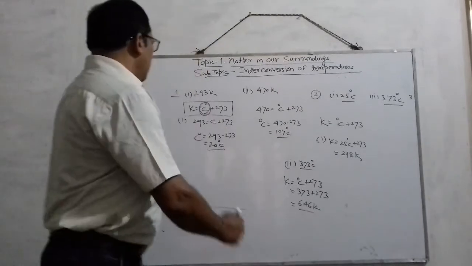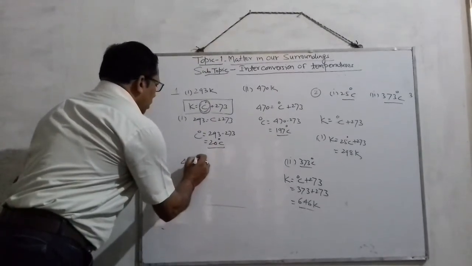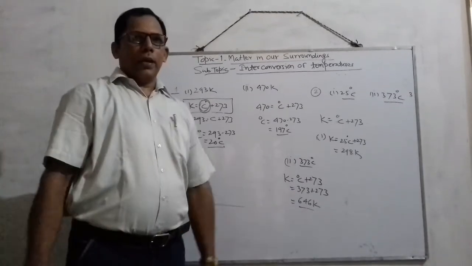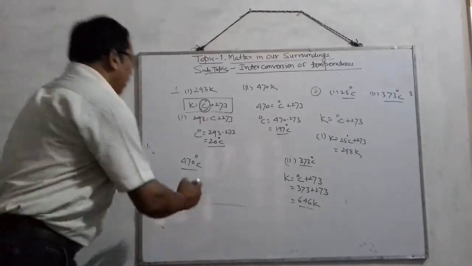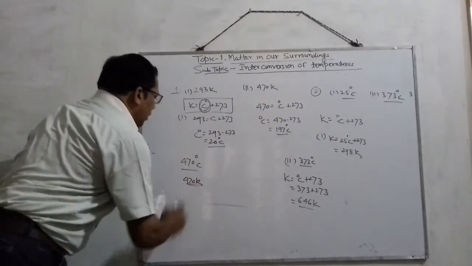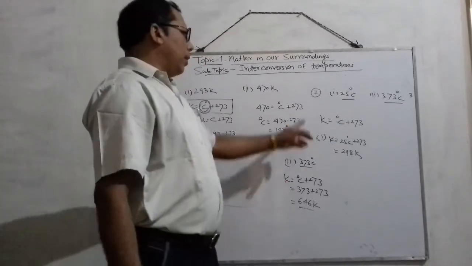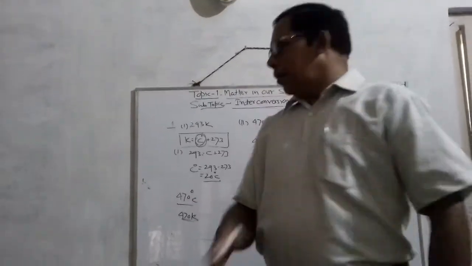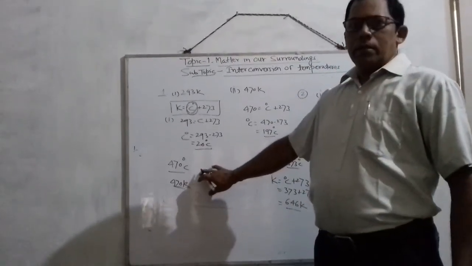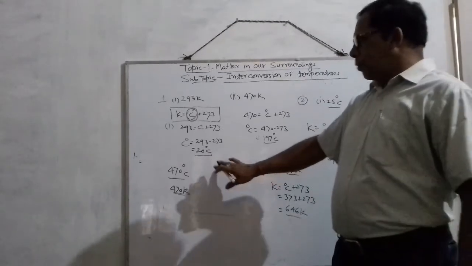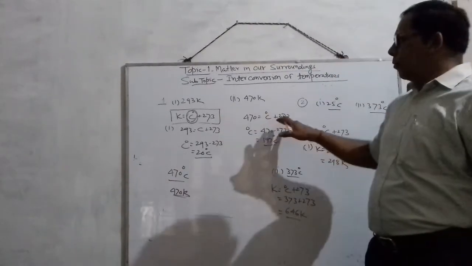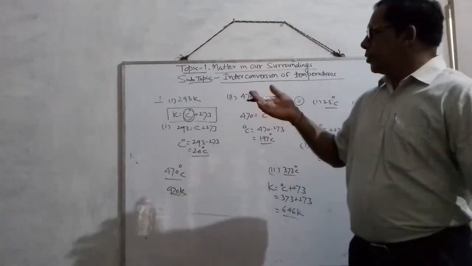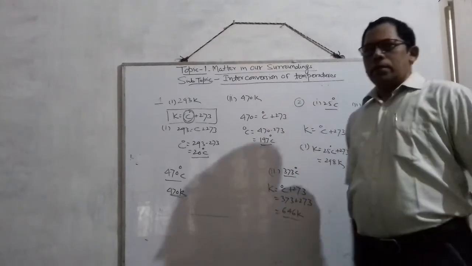Suppose the question may come, find the value of 470 degrees Celsius in the Kelvin scale, or vice versa, find the value of 470 Kelvin in the Celsius scale. So by using this simple formula, you can easily determine the appropriate temperature. Alright? Such types of questions may come, so must remember the formula, then you will be positioned to solve questions concerned with temperature.